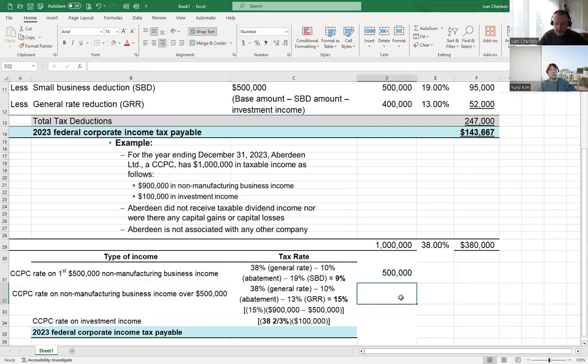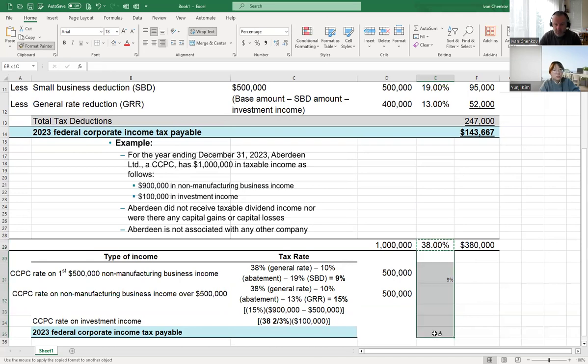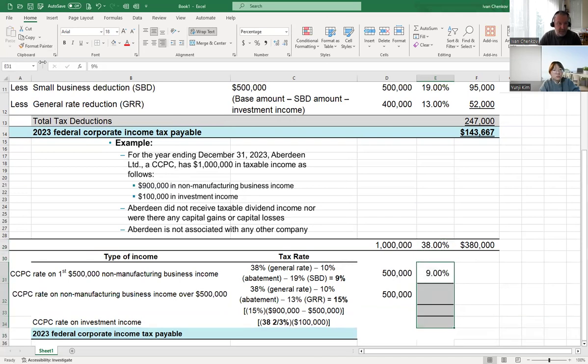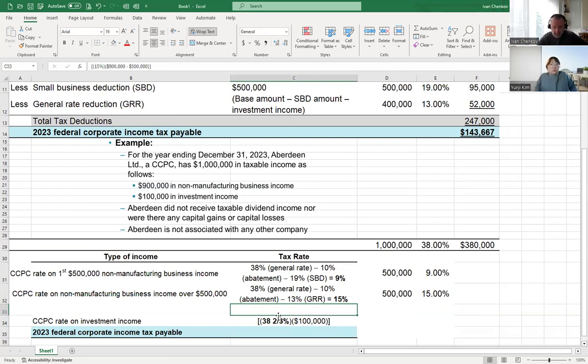On the next 500,000, which will be equal to this one minus the first 500,000, our rate will be 15%, so here will be 9%. Here will be 15%. And the last one, on the general rate, will be 38 2/3